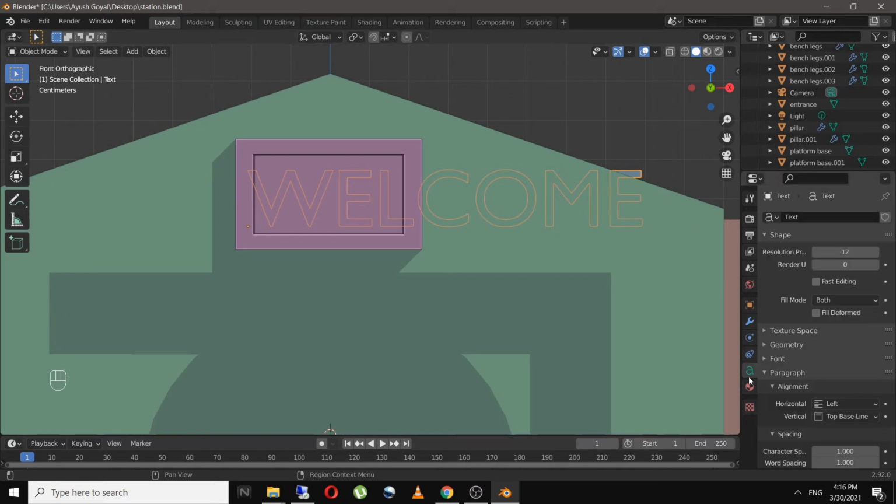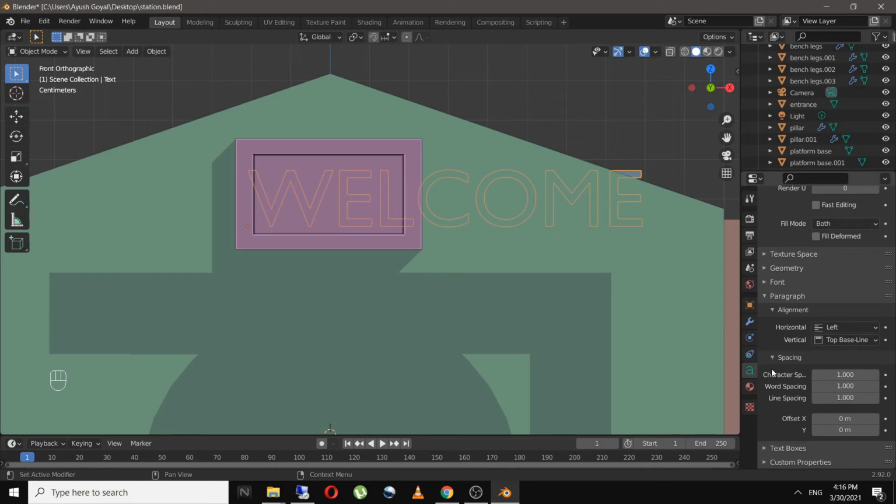And in text settings I will increase the extrude value.